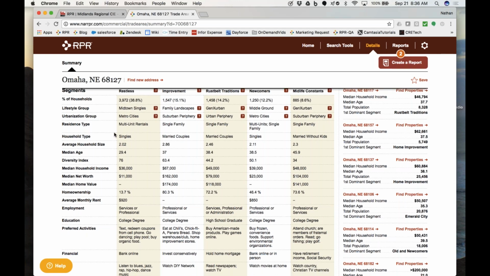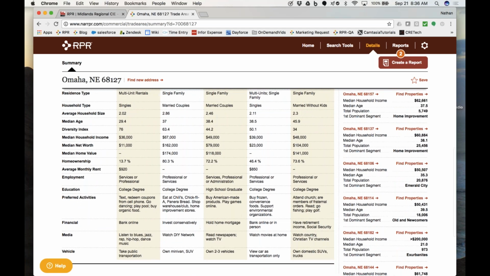So residence type, are they renters? Do they live in single family homes? Are they married, single? Do they have kids? Are they married without kids? What's the diversity index? Household income levels? Home ownership, if they are renters, you'll see that we can provide you with the average monthly rent. If most of them are home owners, we show you what the median home value is for that property as well. So it's kind of a nice little way, what their employments are, what their education levels are, preferred activities,